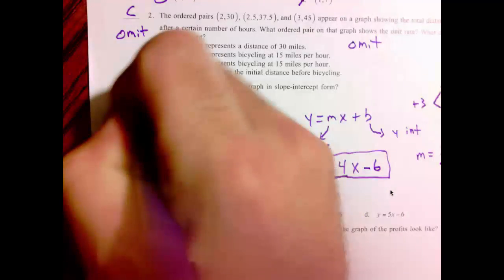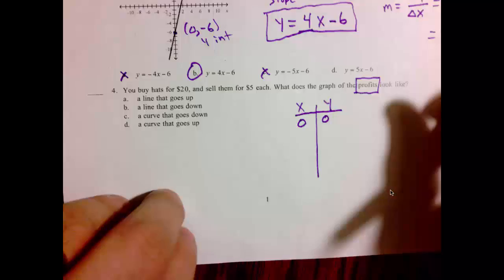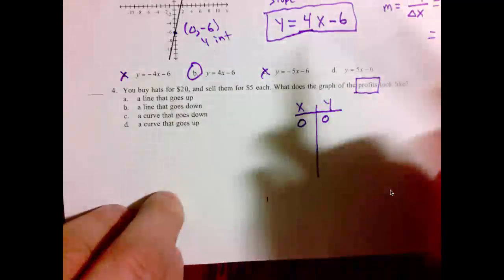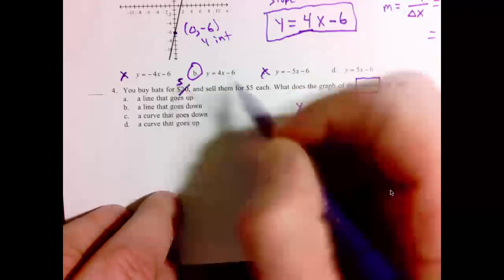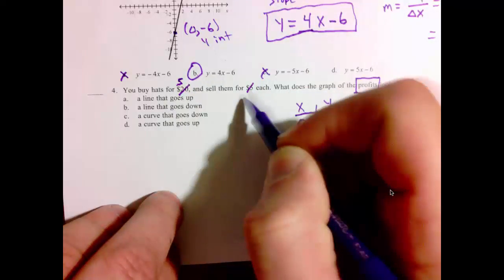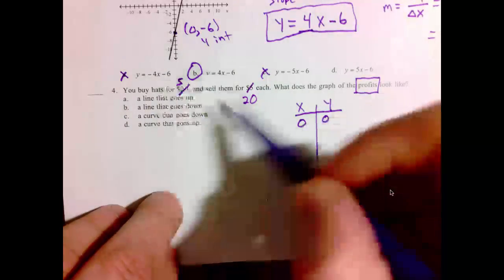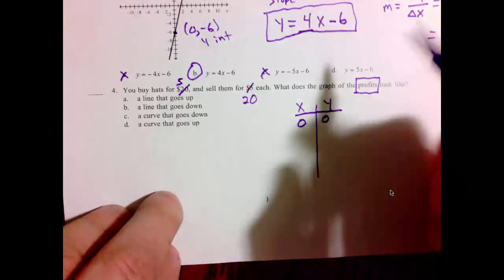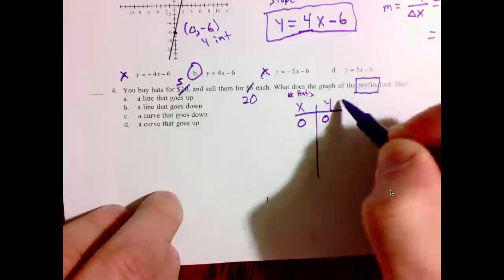Number 4. In class, I told you that we should change these 2 numbers. That is, the 5 should be here and the 20 should be here. That is, we buy hats for $5 and we sell them for 20. What does the graph of our profits look like? Well, if x is our number of hats and y is our profit,